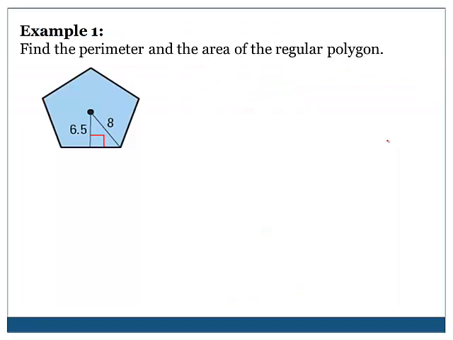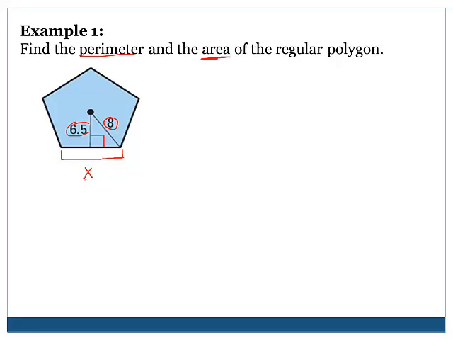It says find the perimeter and the area of the regular polygon. So I have the perimeter first and the area. The perimeter is supposed to be the easy one, but in this case you still have to do something to find out what the side length is. So we're trying to find out this entire length here. But what I'm given is 6.5, which acts as the apothem, and I'm given 8, which acts as the radius. I don't know what this length is here,